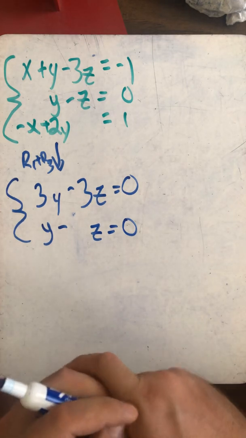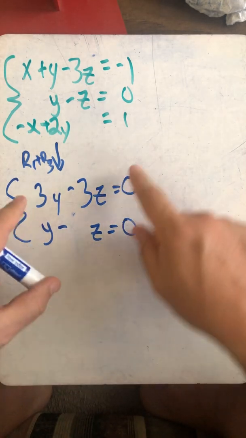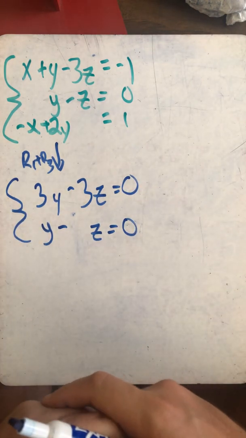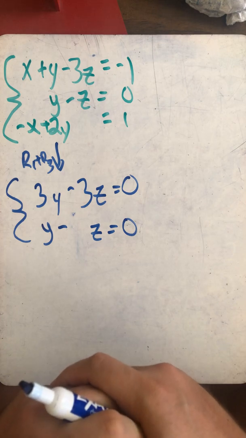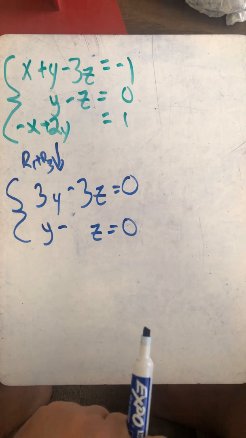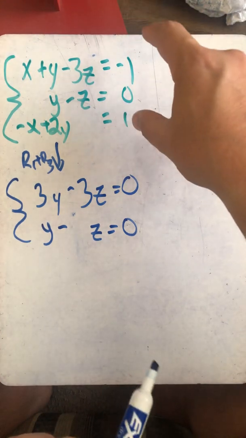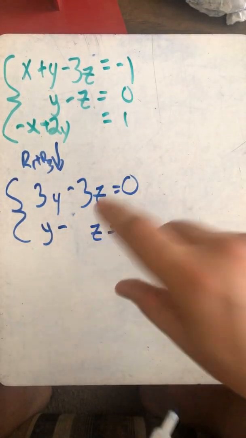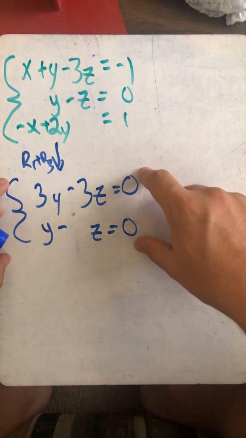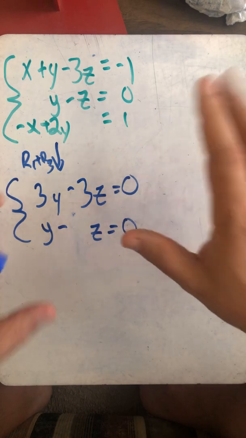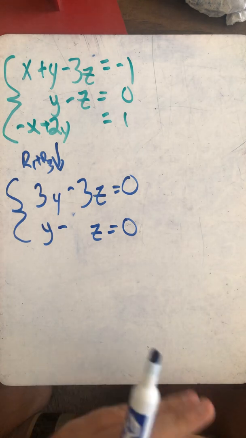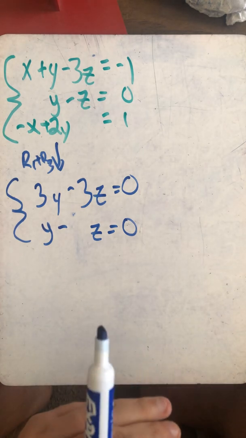Now again, red flag should be going up, because if we took the bottom one times 3, it's exactly the same. This is perfectly fine, because that means we're going to have infinite. Now, infinite for multivariables for more than 2 has a different definition than infinite for 2 with 2. If this was all we had originally, we would just say infinite solutions, done. However, we got to account for the x too. So with that being the case,